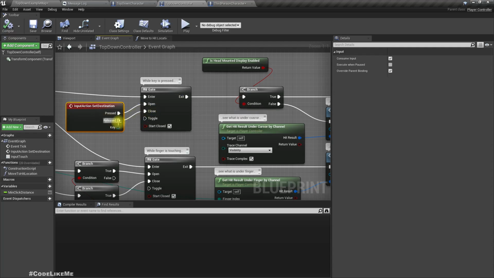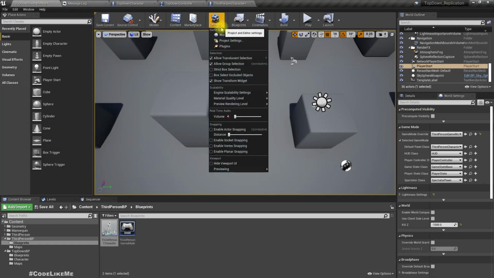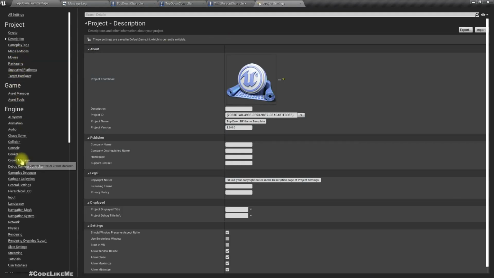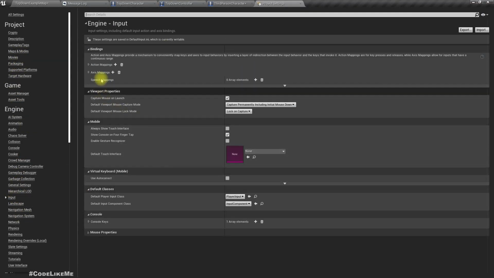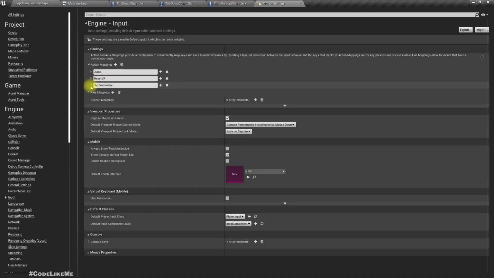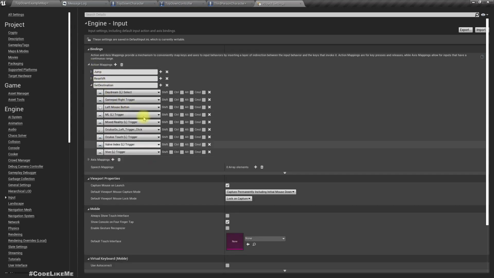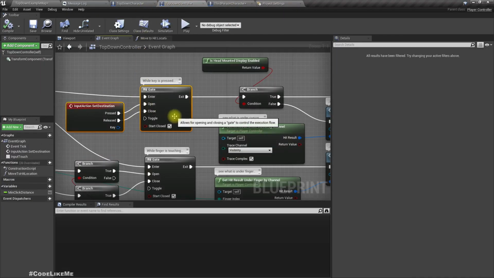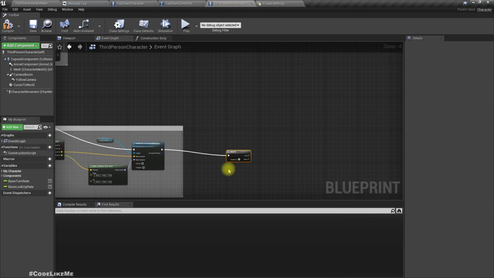When it is released, this gate closes. So this is mapped to, I think, left mouse button. Yeah, okay. So we can use the same thing. Let me copy this part into the third person character,